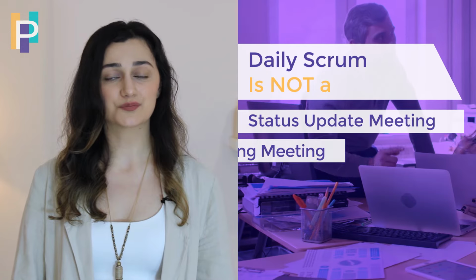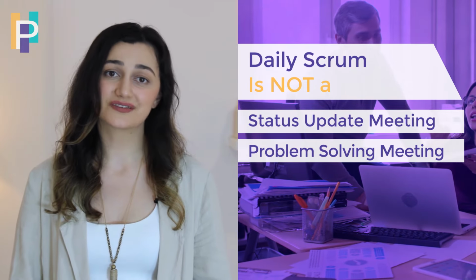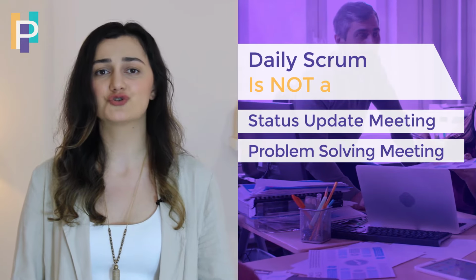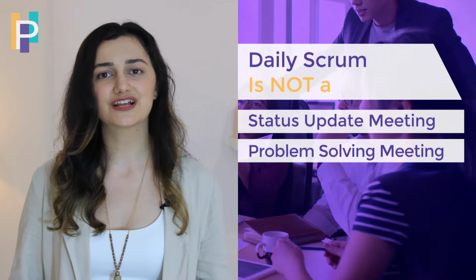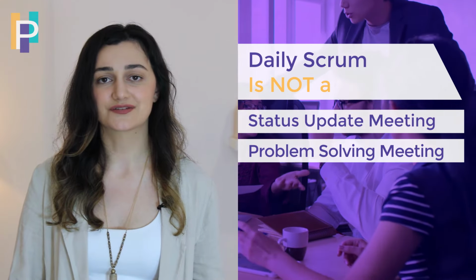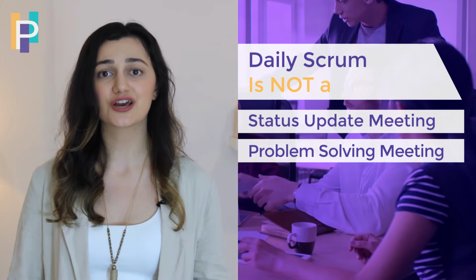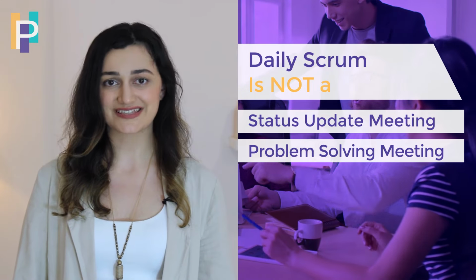Daily Scrum is not a problem-solving meeting either. Sometimes during the daily, you may witness some team members talking about an issue over and over and explaining lots of details, while the rest of the team is spicing it up with resolutions. This should be stopped, and the discussions related to problem-solving should be taken out of the daily to be discussed